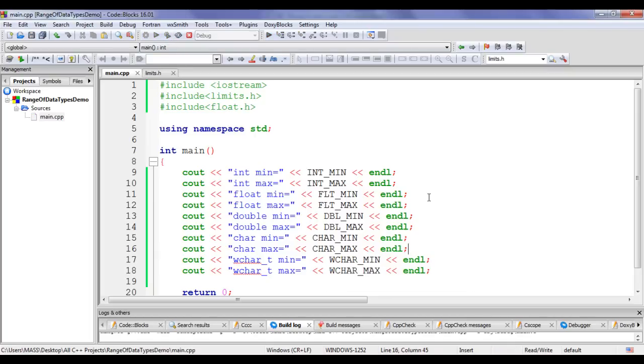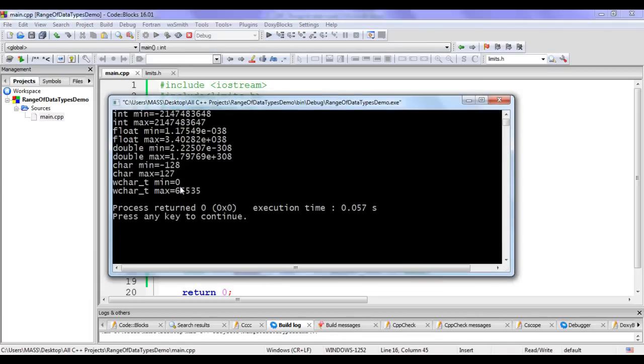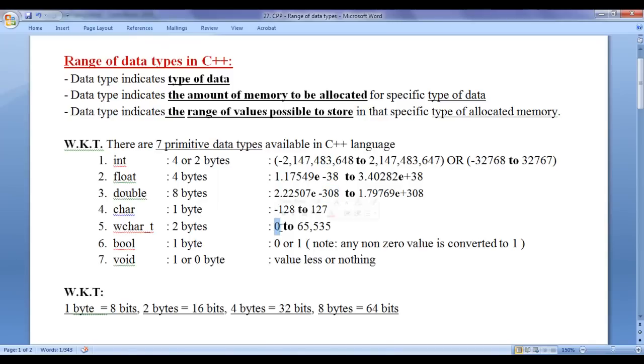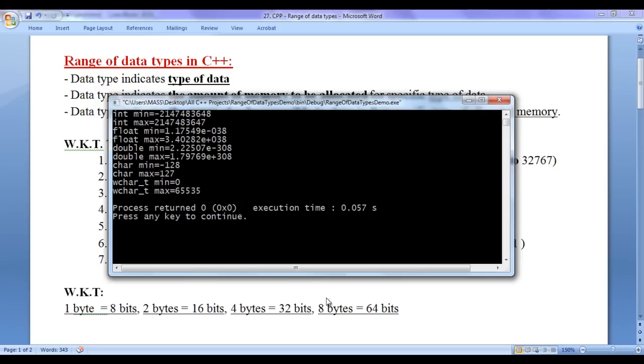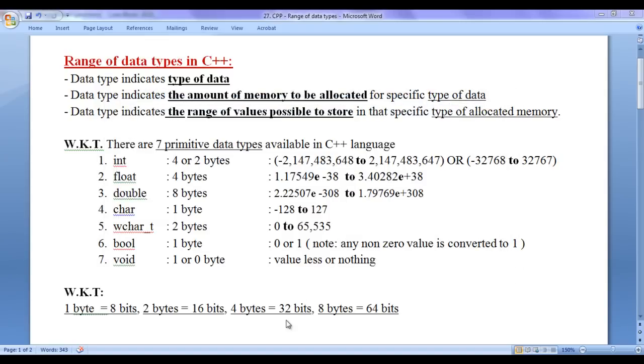If I say build and run, you can see that it is telling the minimum value possible to store inside wchar_t type memory is 0, and the maximum value possible to store inside wchar_t type memory is 65,535, and the same thing we have written here, 0, 65,535. I go back here, I hit enter to close the console window.